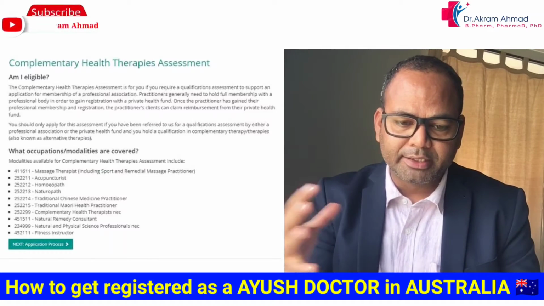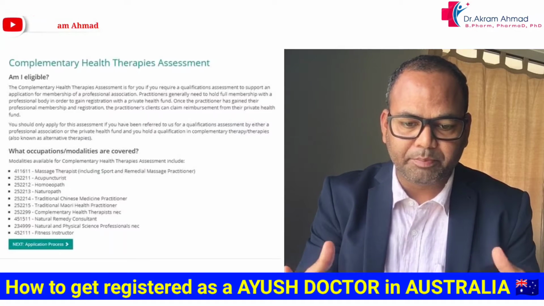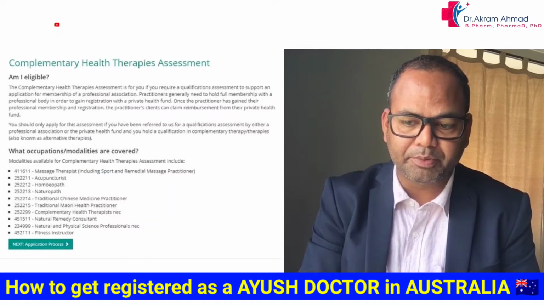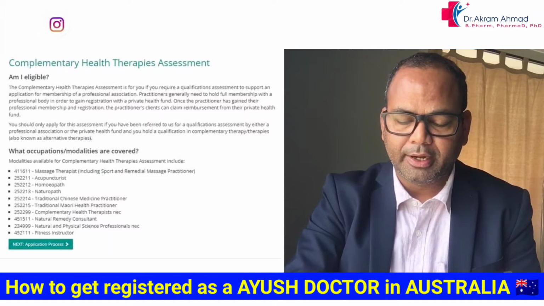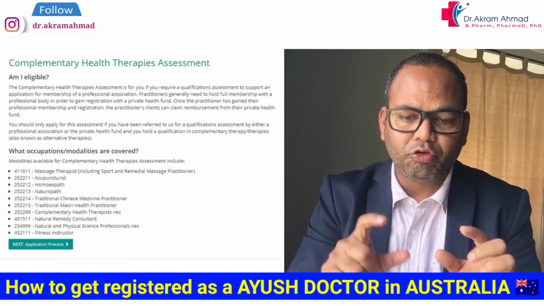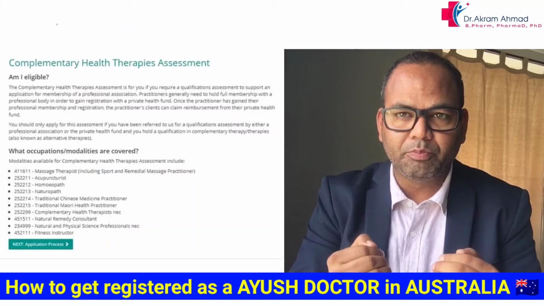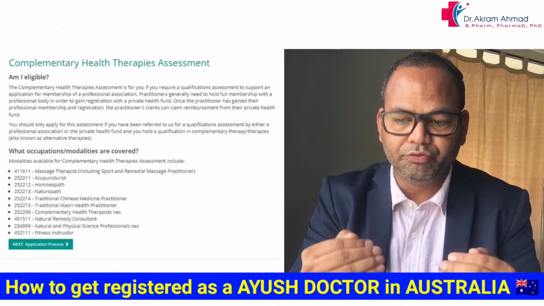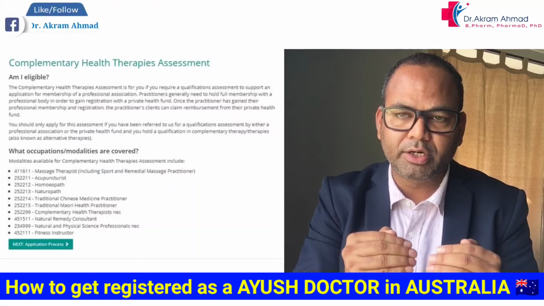There are some other occupations like dance therapist, drama therapist, hypnotherapist, music therapist, and play therapist, and so many occupations in this list. This is called a group of occupations, and this is called 2522 Complementary Health Therapist. If you are planning to migrate to Australia or New Zealand, this is the same occupation, so you can migrate to either Australia or New Zealand.